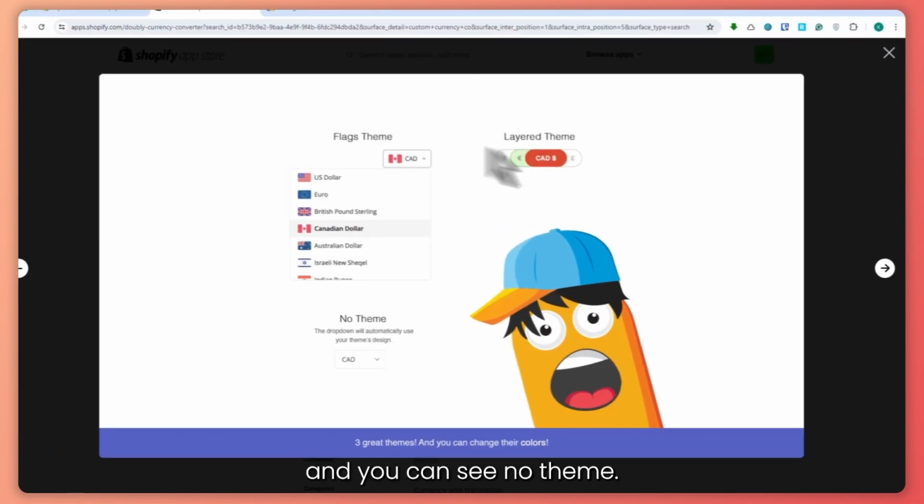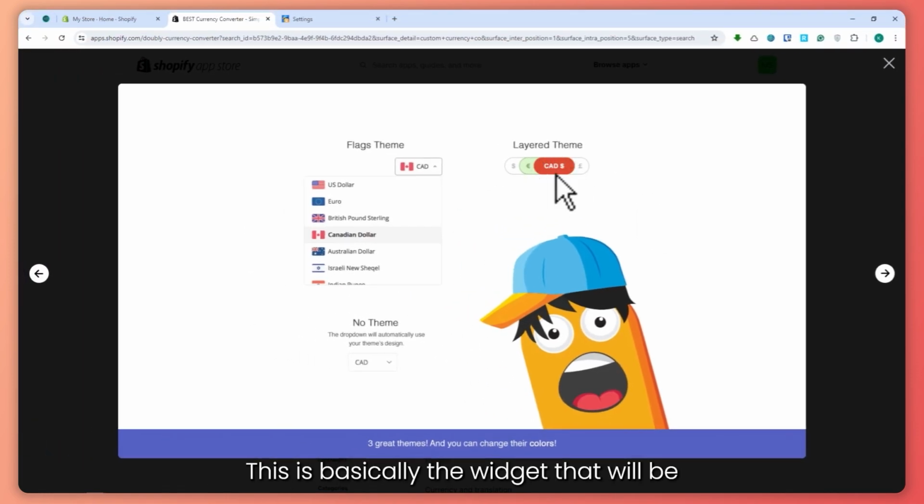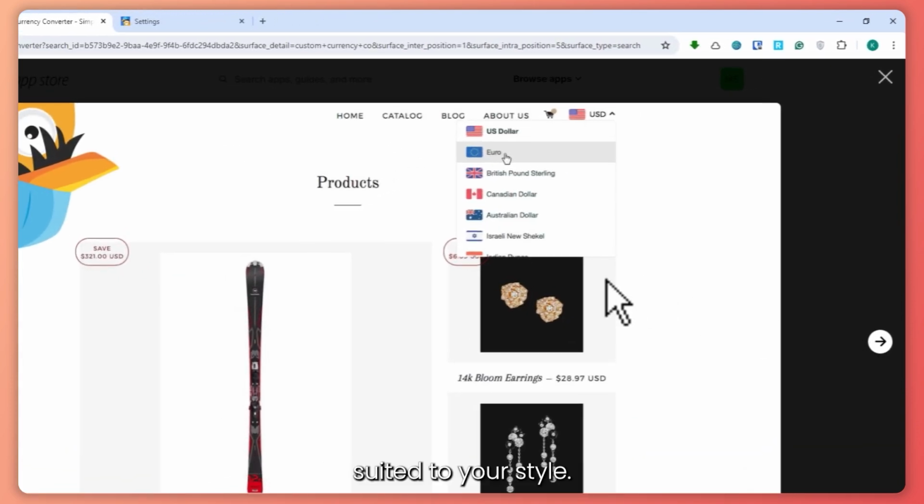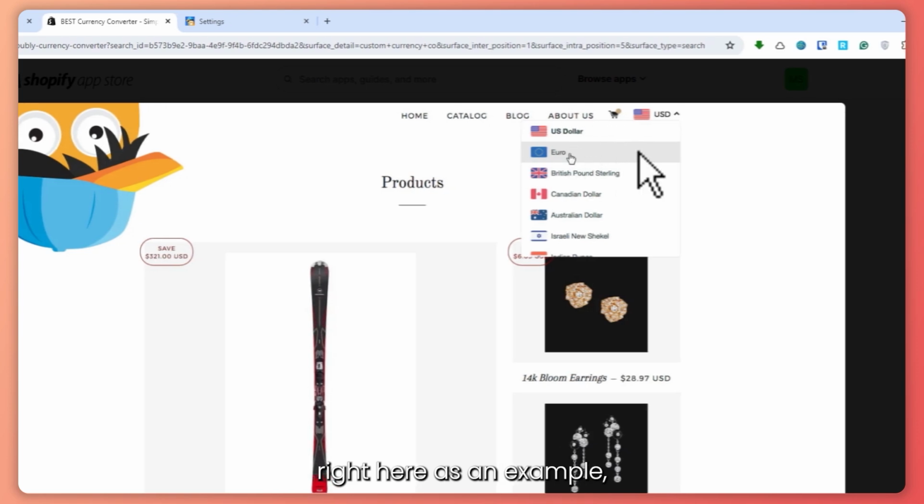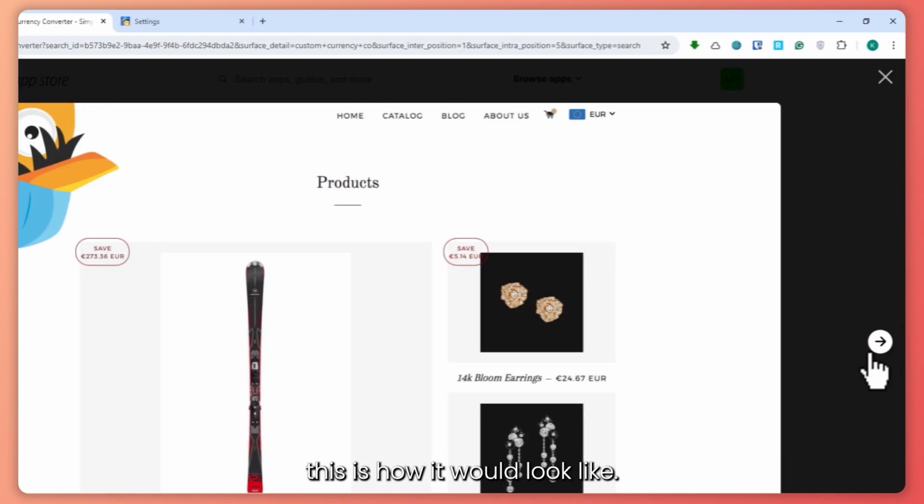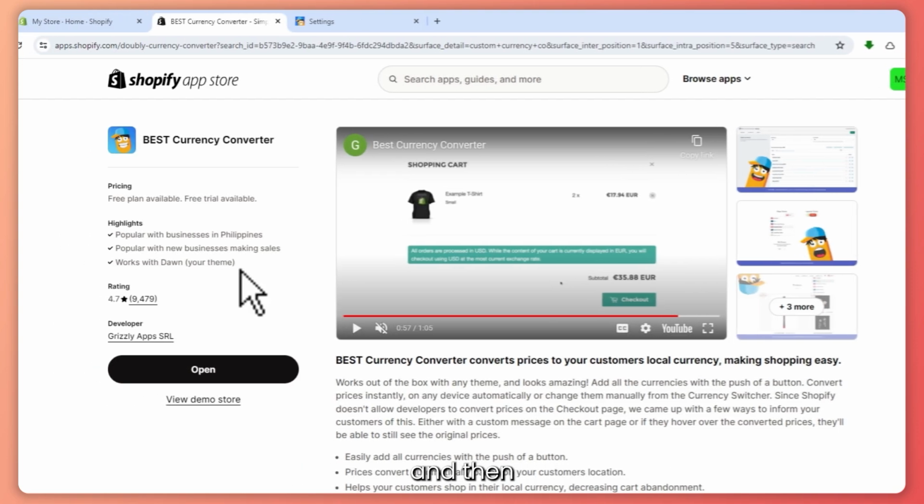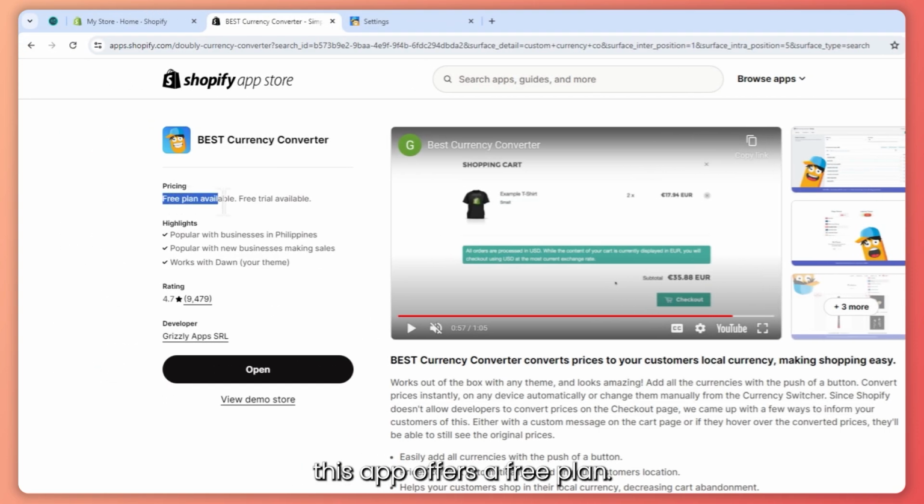And you can see no theme. This is basically the widget that will be used in your store if you'd like this tile right here, or you can also do this theme right here, or no theme, which is this one right here, depending on the kind of widget that is suited to your style. And as you can see right here as an example, this is how it would look. And yeah, so now let's just go back, and then as you can see, this app offers a free plan,